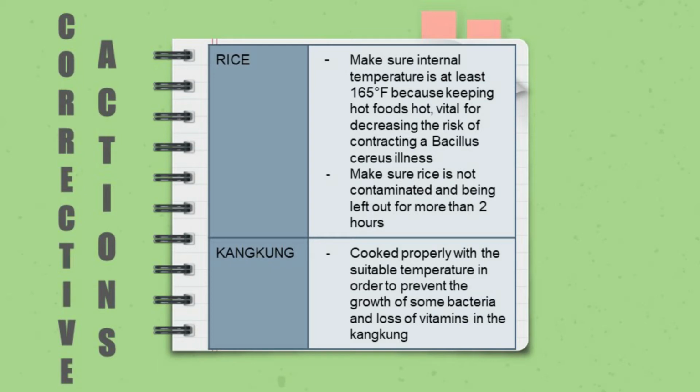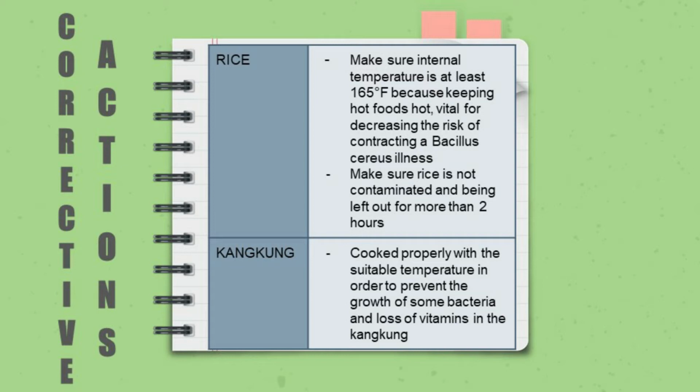Therefore, when it is time for the rice to be reheated as fried rice, we must take some steps in order to reduce the risk of food poisoning. Firstly, the rice must be placed in a wok or saute pan with oil. Make sure that it is on medium heat, stirring the rice continuously. Make sure to break up the clumps of rice and make sure the rice is evenly